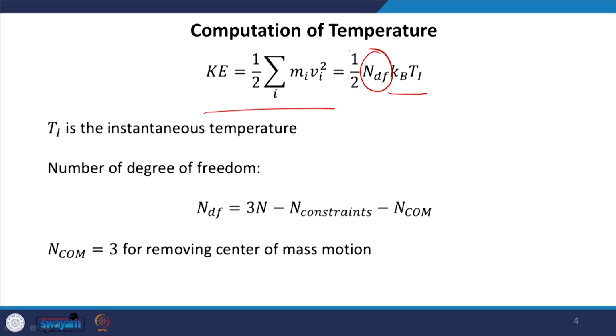And this particular point is important, that I do not put an n there. Instead, what I do is I define the number of degrees of freedom as 3 times the number of molecules minus the number of constraints and minus 3 for removing center of mass motion. And there is a reason why we do that. So, if there were no constraints on the system, then clearly 3n represents the degrees of freedom. So, every molecule can move in 3 possible directions x, y, z. Unless we are looking at rotation, in that case there will be additional degrees of freedom, but we have 3 translational degrees of freedom for every molecule.